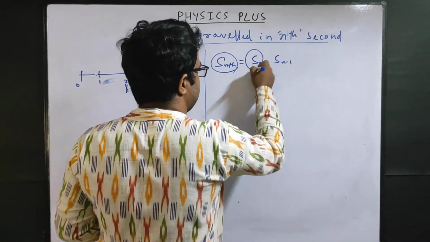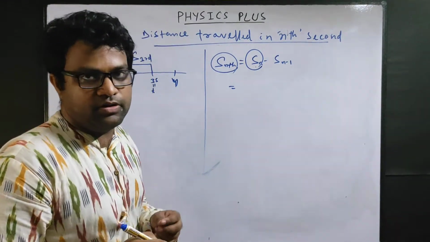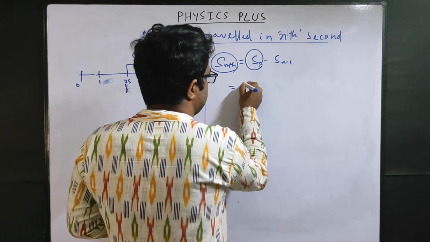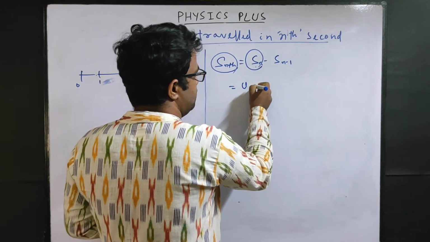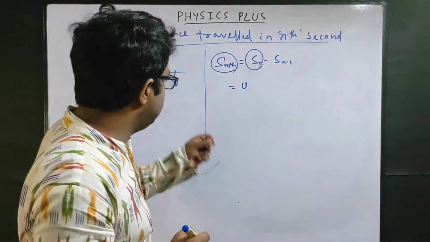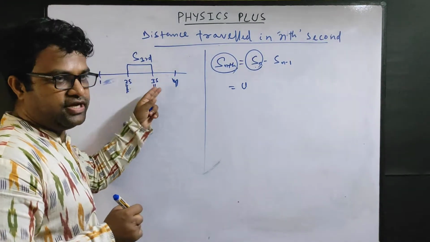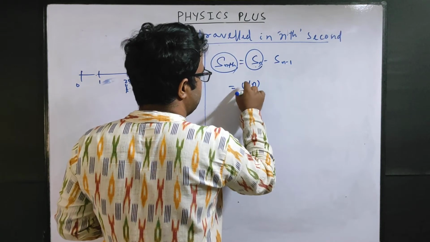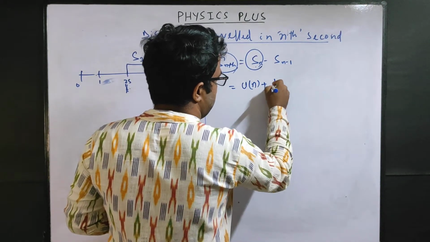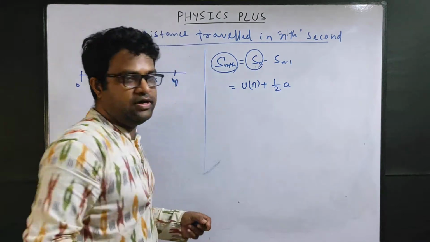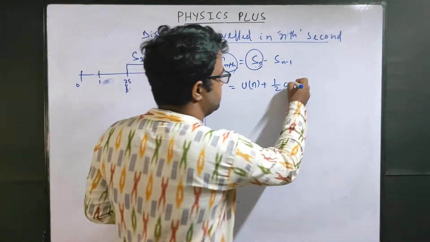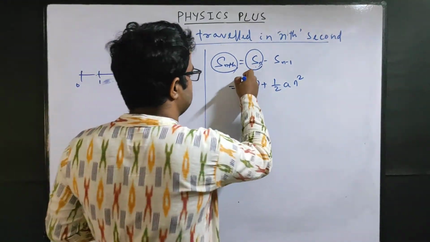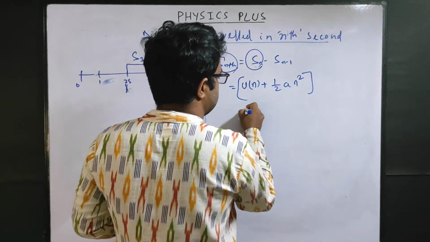So what is Sn? The formula we know, the displacement formula: ut plus half at square. Time is n here, the third second, 3 is the time. So t will be n here: un plus half a n square, where n is the time, minus